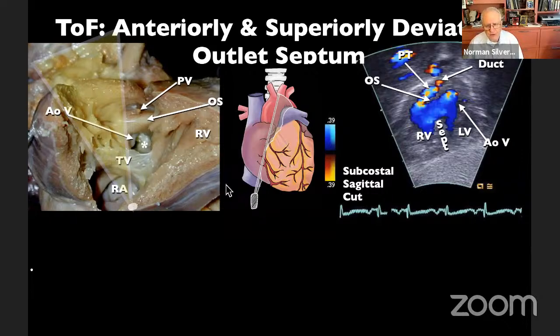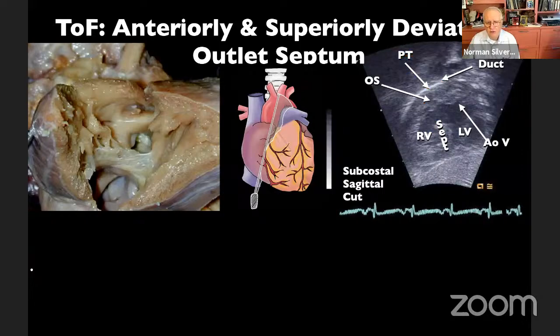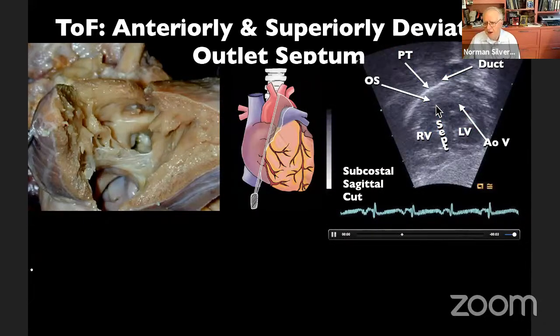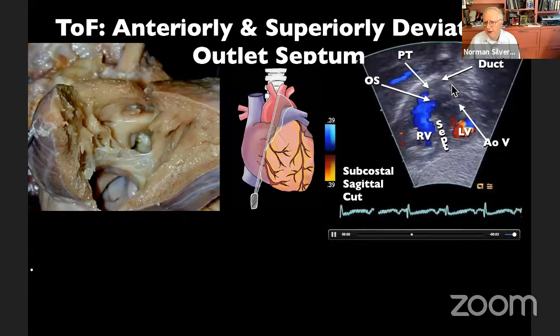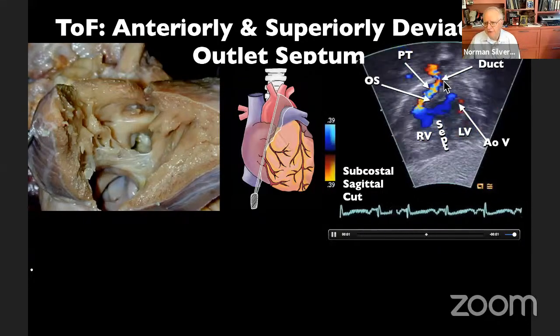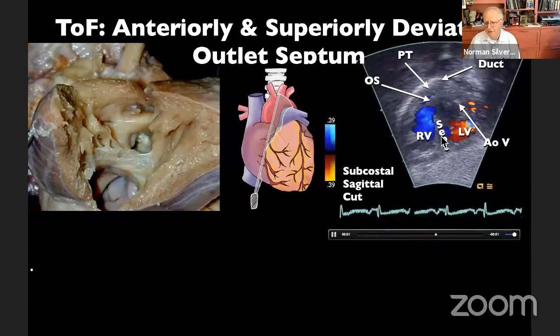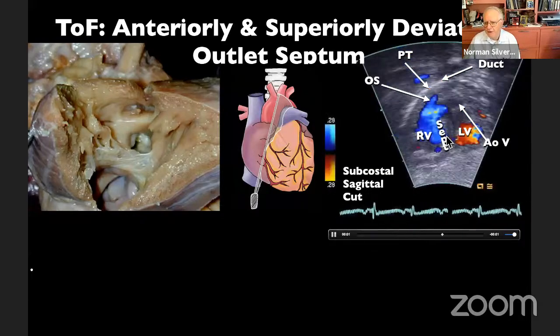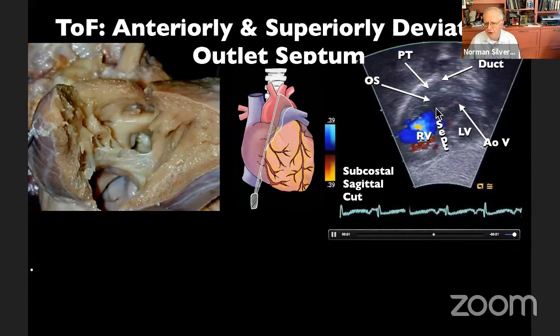That is the central feature that I showed you on the first slide. Now, when we take the leaflets away, you can see the beginning of the movement on this defect here. The outlet septum is highlighted here. Here is the pulmonary trunk over here. The arterial duct is filling as well. And here is the ventricular septum, which is also overriding the defect. But now we're concentrating on the narrowness of this area.